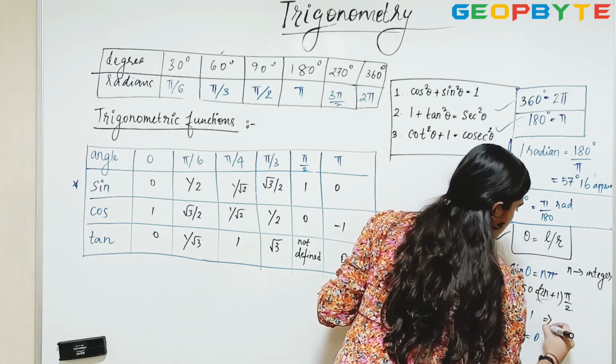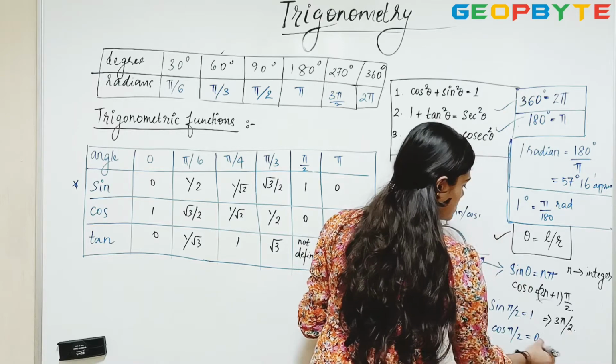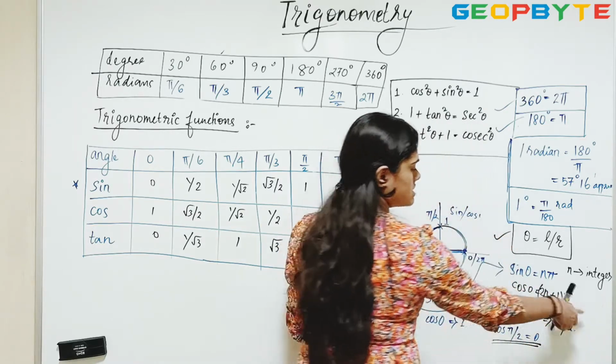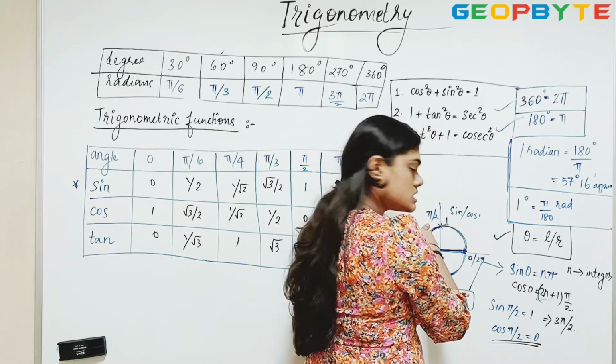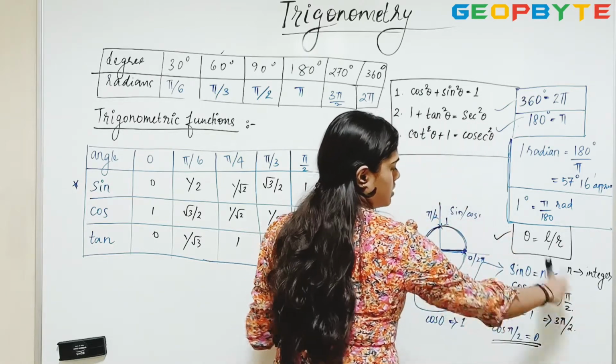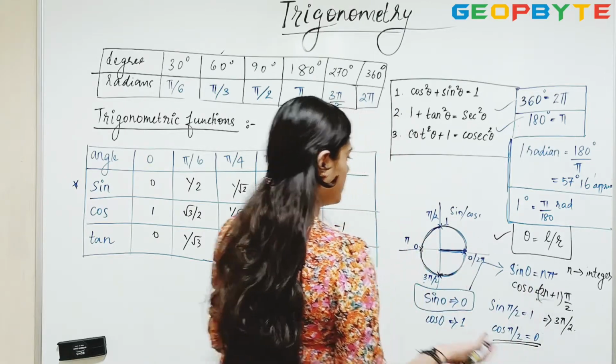For n equal to 1, it will be 3 pi by 2. Then cos of that is 0. If n is 0, it is pi by 2, and cos pi by 2 is 0. So my cos and sine functions are following these patterns. So what would be the corresponding